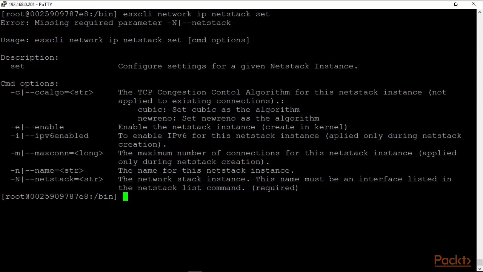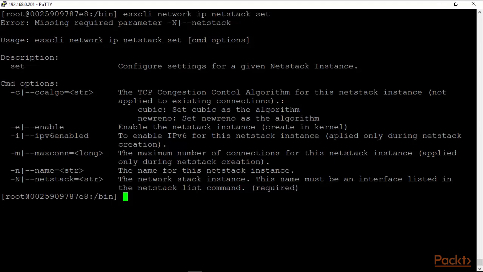Can enable it. There's a TCP congestion control, cubic and New Reno, and we will talk about this briefly in this video as well. So I think it's time to go back to our client again and see what shows up